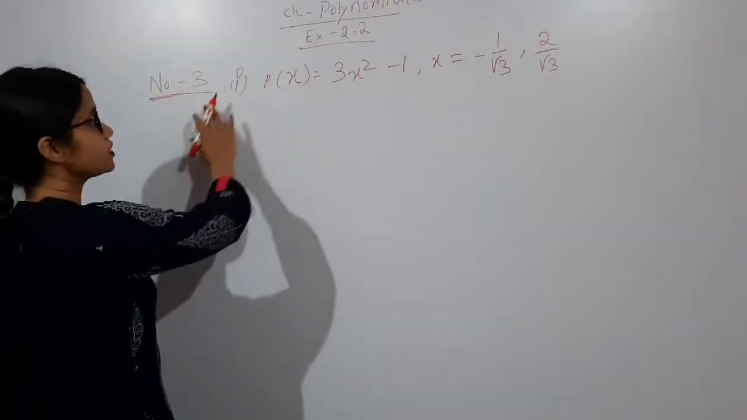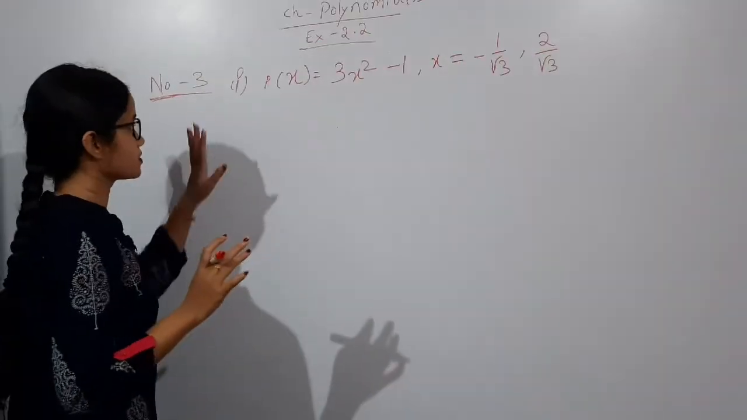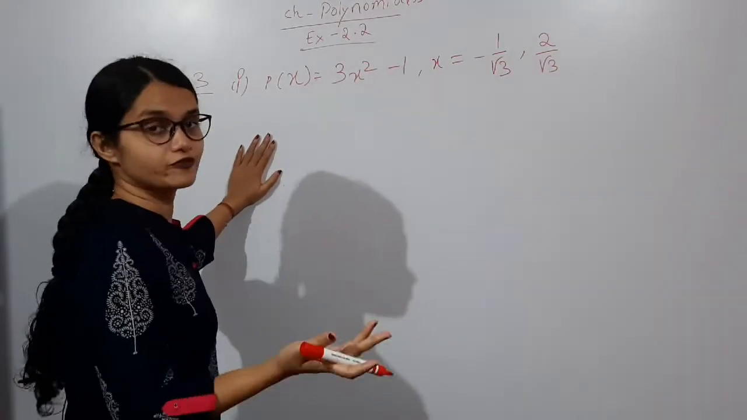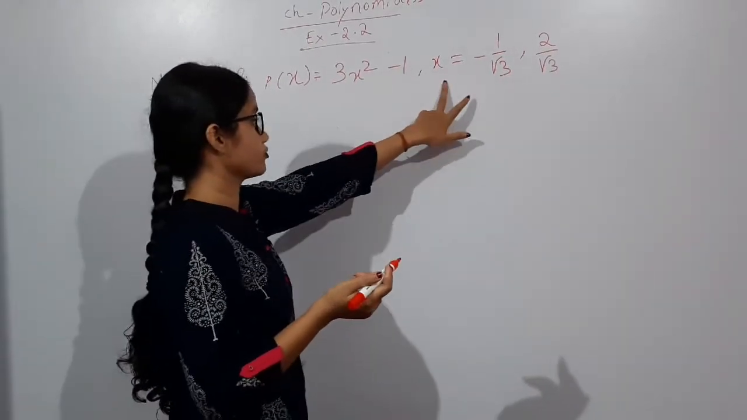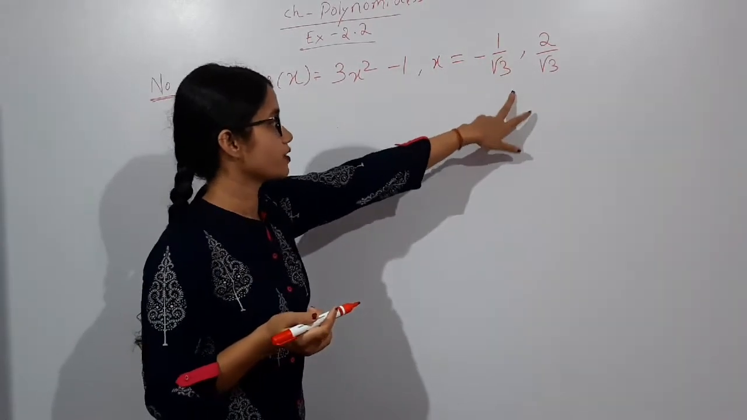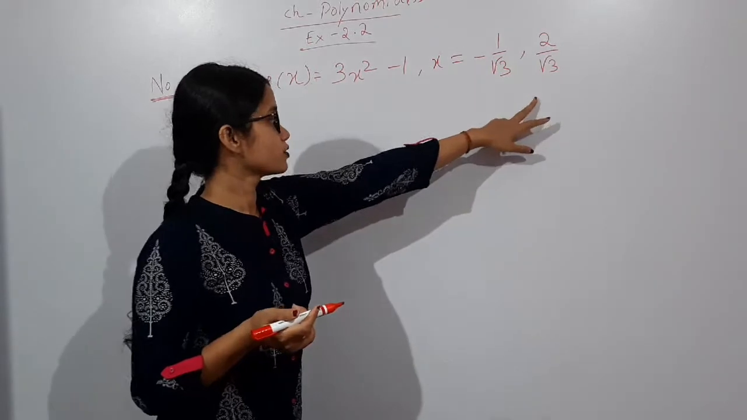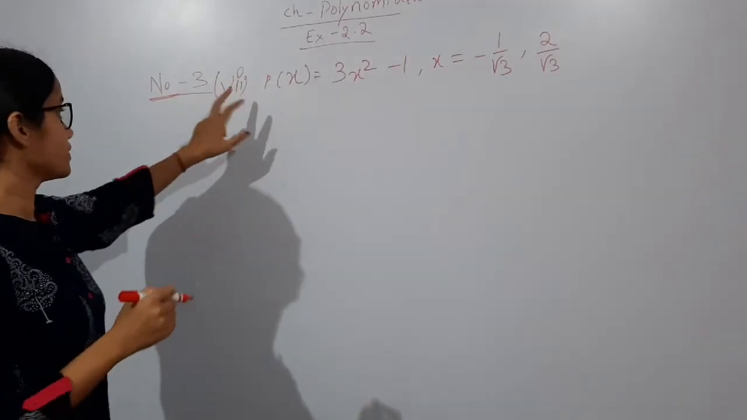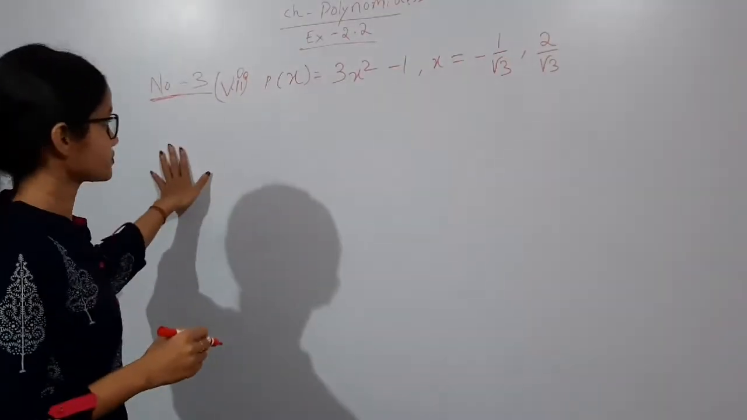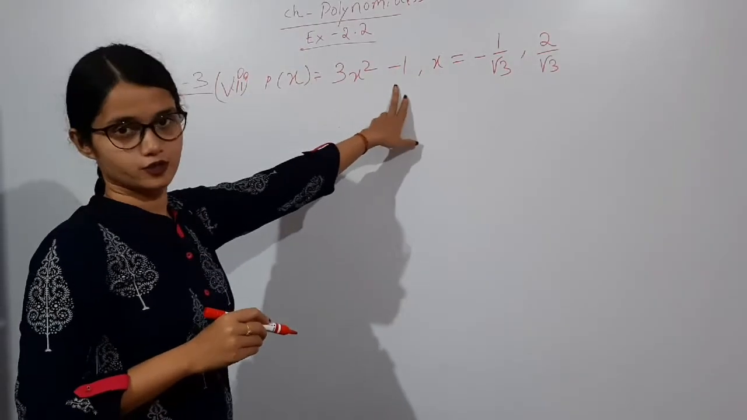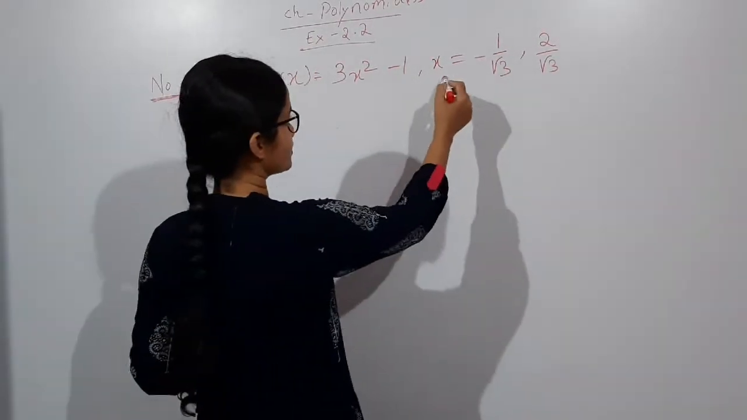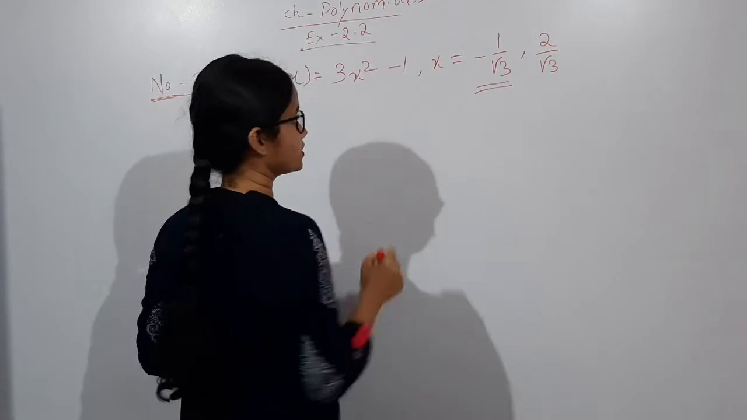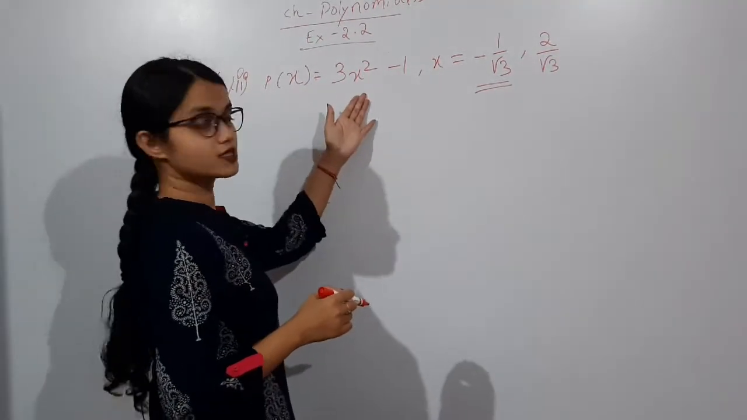So this is number 3 of exercise 2.2. Okay. This is the most important question of this exercise, because here you have to verify, you have to check whether the values of x equal to minus 1 by root 3 and 2 by root 3, and this is number B(ii), B(ii) of number 3. So P(x) is equal to 3x square minus 1, and we have to verify whether these two values of x, minus 1 by root 3 and 2 by root 3, are the zeros of this polynomial